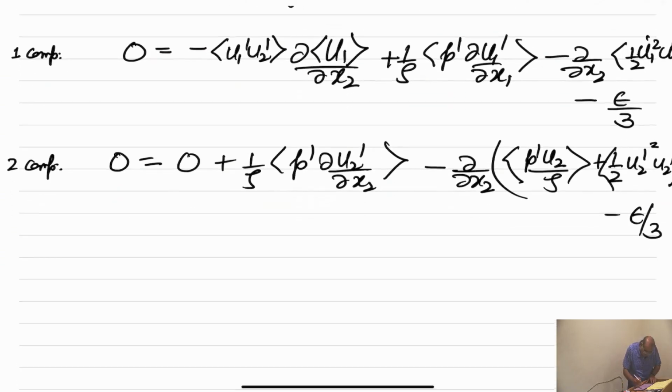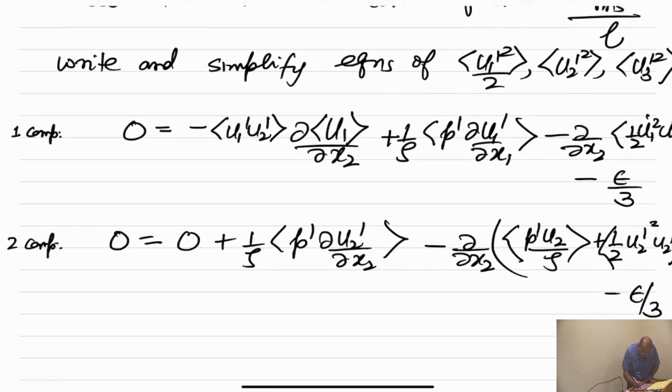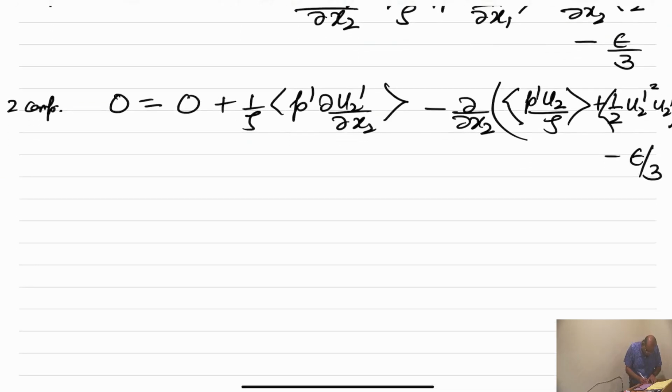So these are actually equations not of u1 square, but of the components of kinetic energy, so they have been divided by half. And the 3 component will give you 0 is equal to